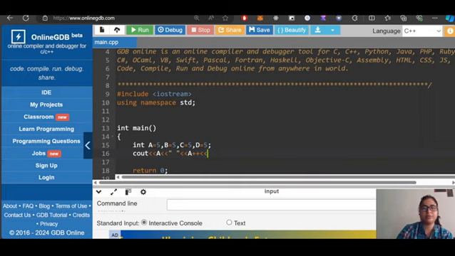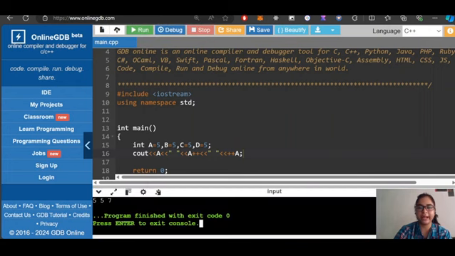Okay, afterwards I write plus plus A. Okay, let's see what is the difference and what output we are getting. So first is A. The value of A is